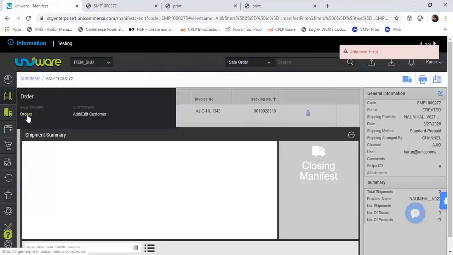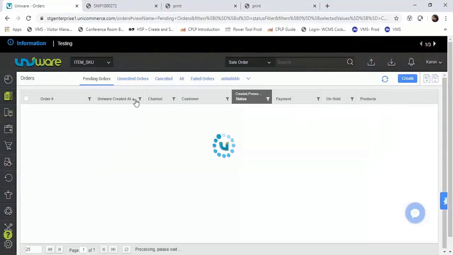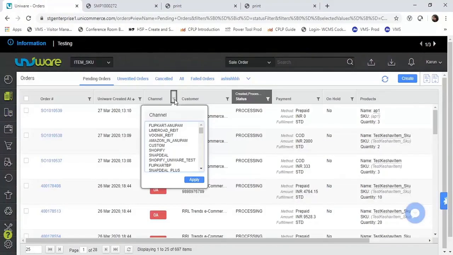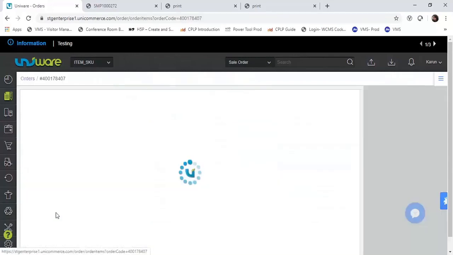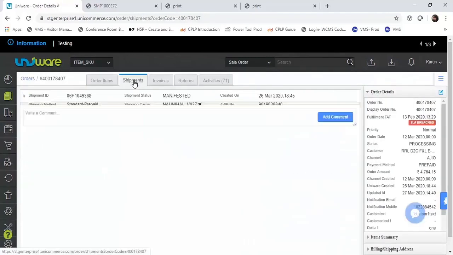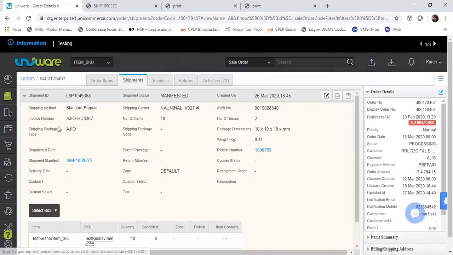Now you go back to your orders and you check. Under the shipments tab, you can see that the status has changed to manifested, right?